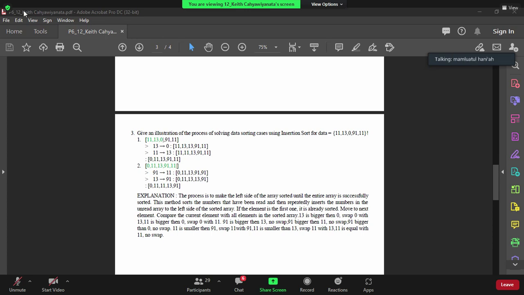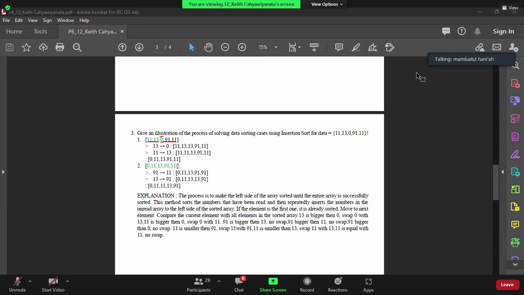Okay, so Kate, you don't compare among elements in the sorted array, but you need to compare. Maybe this is your sorted array, and this is your unsorted array, and you have this current position. You compare your current position with your sorted array.